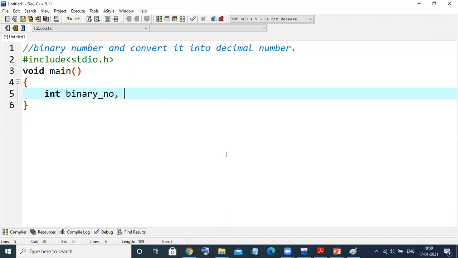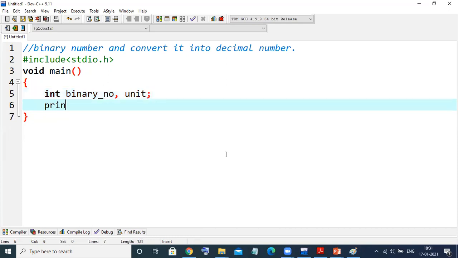But to give a power, I'll take a variable, and I'll give it the name unit. First, I would like to ask the user to enter a binary number, any binary number.